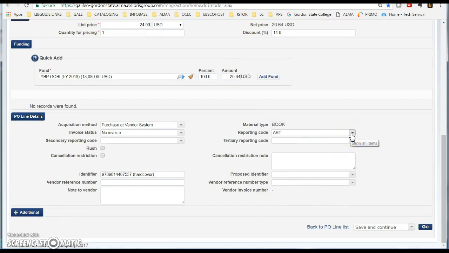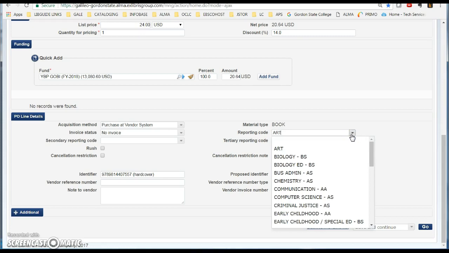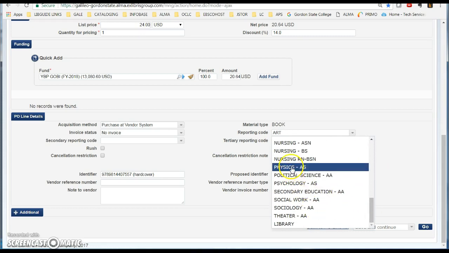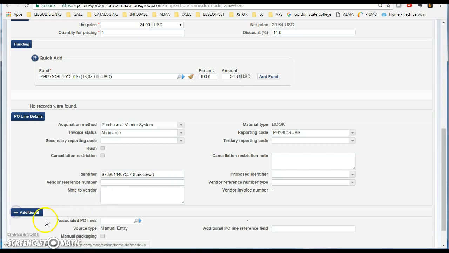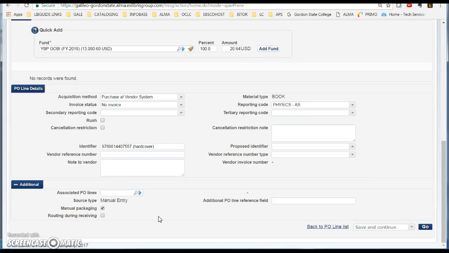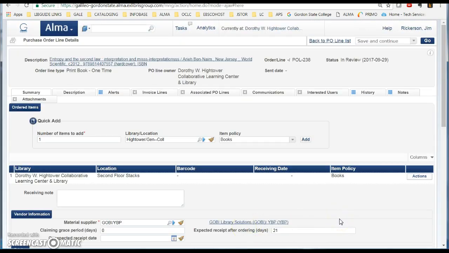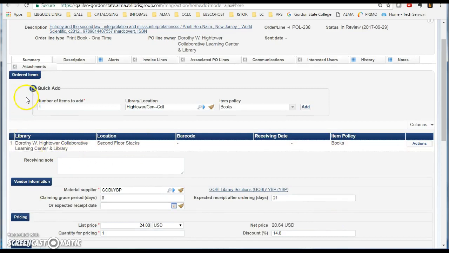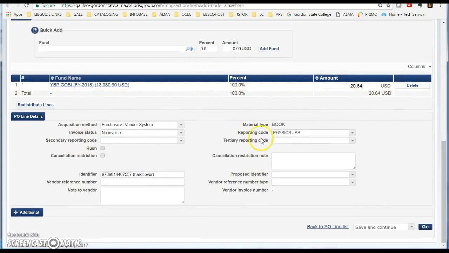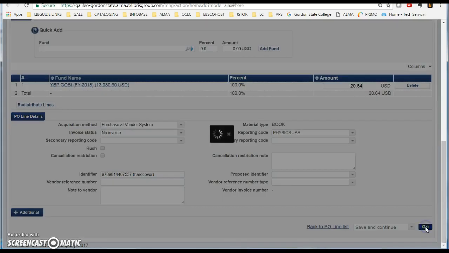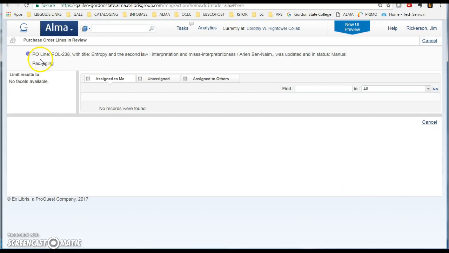And you'll want to come down, and you need to indicate a reporting code. So we're going to select physics, and then click on additional and select manual packaging. And one thing I forgot to do was, after we selected our fund, we need to click add fund. So now that we added our library location and item policy, and we added our fund and filled all this information out, then we can click on go, and that will create the PO line, and Alma assigns this number automatically,